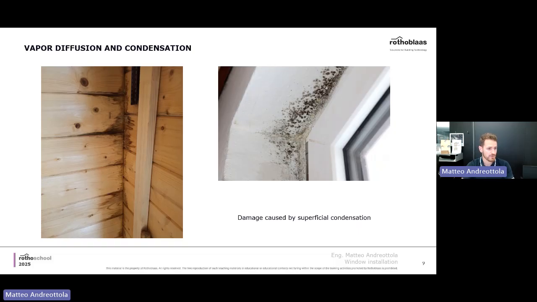Here in the headquarters of Rotoblas, which is based in the Dolomites, we also do some practical teaching and training for the window assembly. So we divide people in groups, and they have to do a little corner of a window. They have to tape it. They have to first design it, detail it in the right way, and then go down and do the taping, place the profiles in the right way, and so on and so forth.